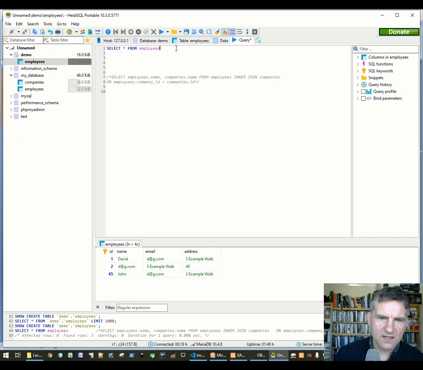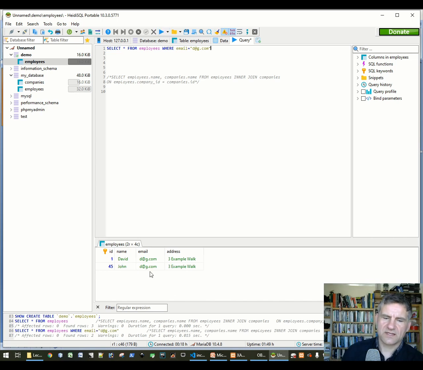Now we can limit that. We could say where email equals d@g.com. So let's run that. Now we're getting, actually there's two of them as it happens, two employees with the email equal d@g.com. And in this case, if I don't want to select everything, I've got ID, name, email, and address. I could, for example, select ID and name